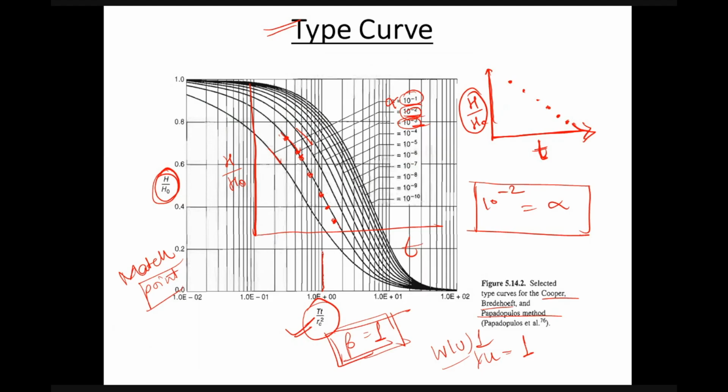So it will intersect at some point of the t axis, let's say it is intersecting at 3 seconds, so we will record this 3 seconds. हमें यहाँ से टाइम मिल गया, बीटा हमने ऑलरेडी 1 रखा था। अब बीटा की वैल्यू, this beta is equal to tt by rc square, this is equal to 1, so we can write this tt is equal to rc square। रेडियस ऑफ केसिंग हमें पहले से ही पता है, टाइम हमने यहाँ से कैलकुलेट कर लिया है, so can we calculate the transmissivity of the aquifer.